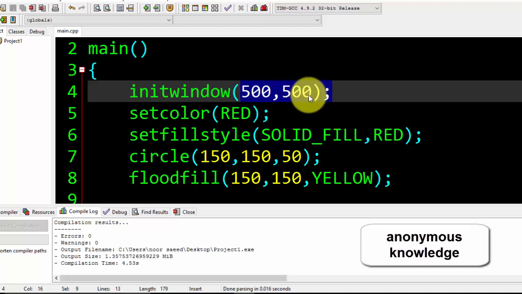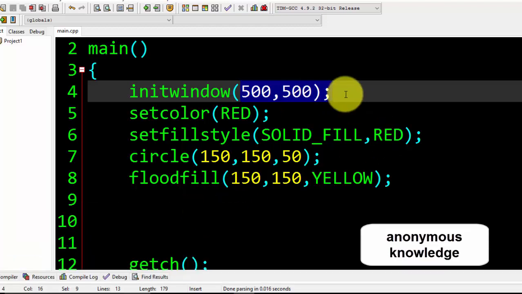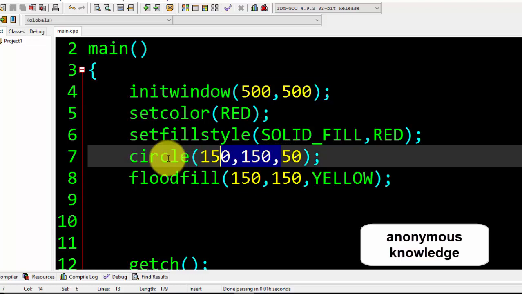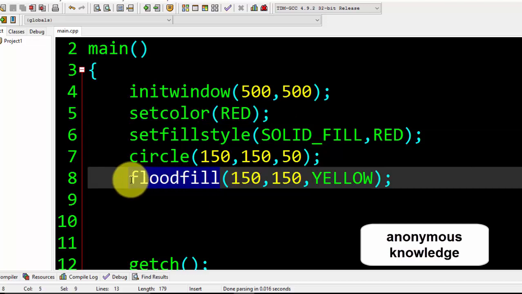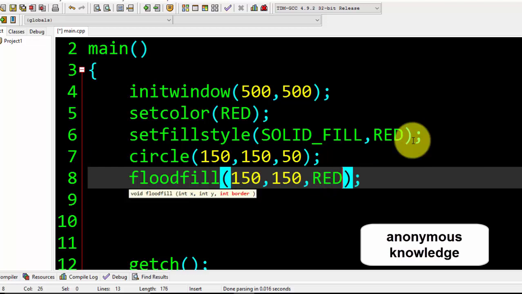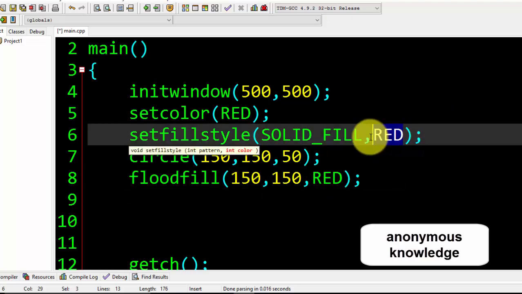So by default the border color of the circle is red. While filling the color, I have to pass to flood fill the color that is the border color. So I will simply write red here, not yellow. And if I change the fill color here, maybe to yellow.